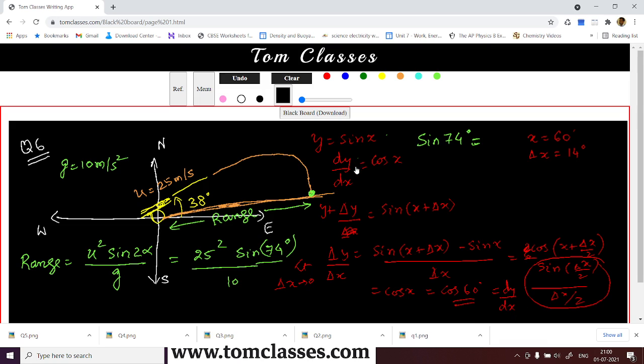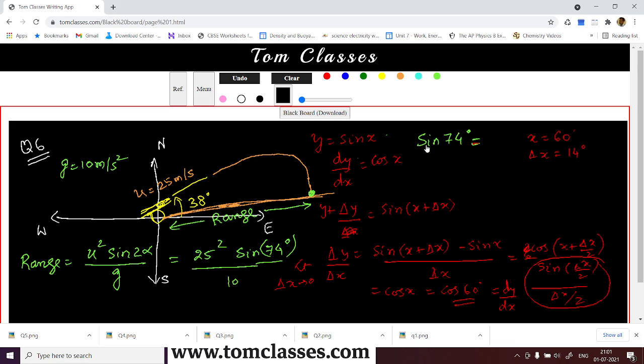Okay, so dy by dx, and then you have to multiply with delta x. Like that, but it will give you a large value over here, so that is an error. So sine 75 degree we can use this, so 74 degree we will use the table, but there are other ways in which the calculator actually works. One of them is an arithmetical method, because the delta x value is quite large here.